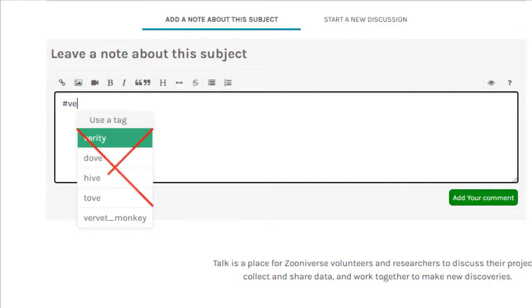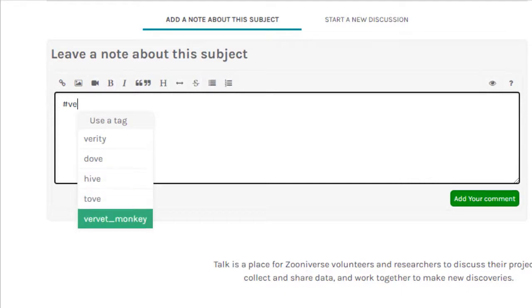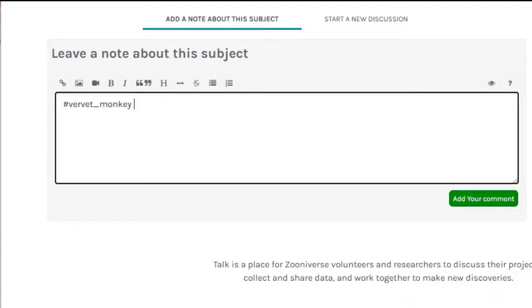If they misspelled a tag or used a tag that isn't in the official list, you'll still see it in this list. This list is a handy shortcut if you know for sure that the tag is official and is spelled correctly. If you don't know that, then find out before you select one of these tags.